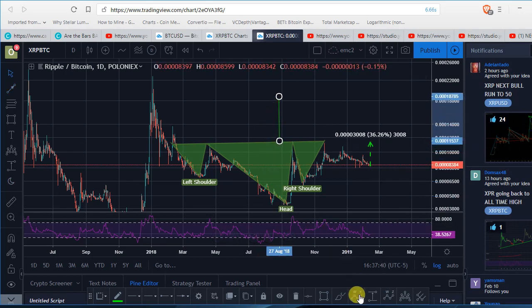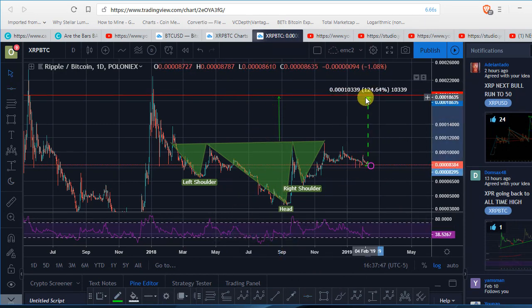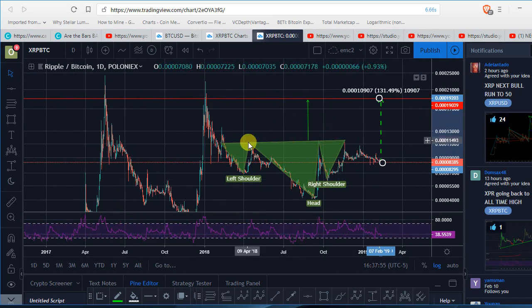So just like that, and then retest this top, right? So we could see XRP like a 130% gain versus BTC, right? So it's almost like going back to all-time high. So that's the reason I'm expecting XRP to go back to all-time high, because you got to remember,